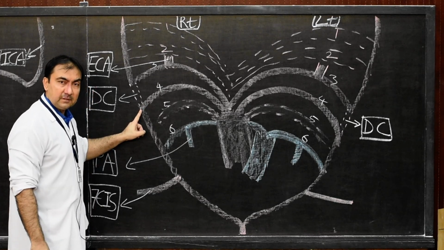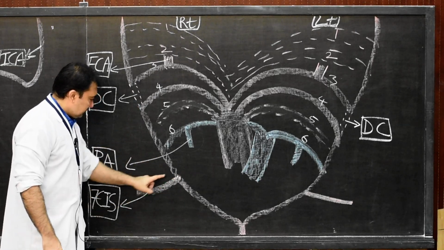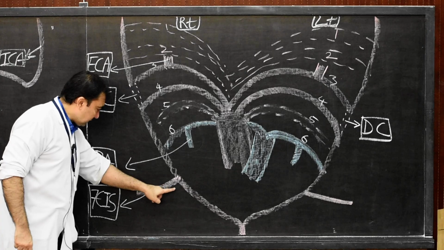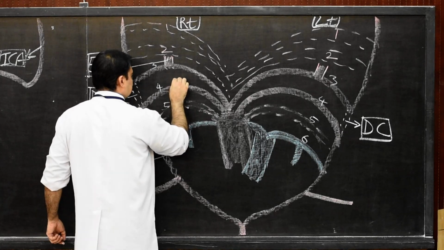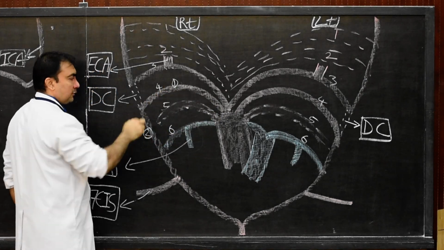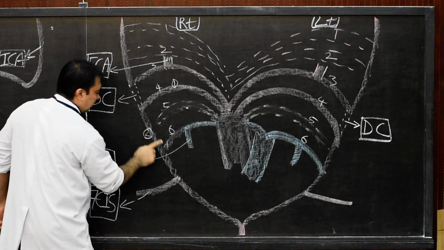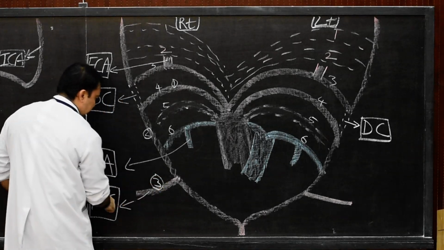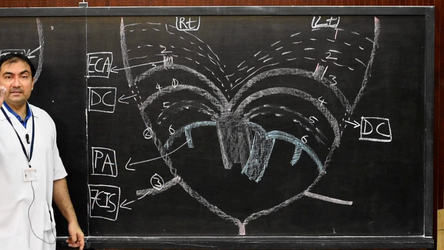Now, once again, on the right side, the right fourth aortic arch plus the portion, see my fingers, the portion of the right dorsal aorta between the ductus caroticus and the right 7th cervical intersegmental artery, plus the right 7th cervical intersegmental artery. These 3 portions, this is the first portion, this is the second portion. The first portion is the entire right 4th aortic arch which you have to note down, plus the right dorsal aorta between the ductus caroticus and the right 7th cervical intersegmental artery. And third, this right 7th cervical intersegmental artery itself, 1 plus 2 plus 3 will develop into the right subclavian artery.